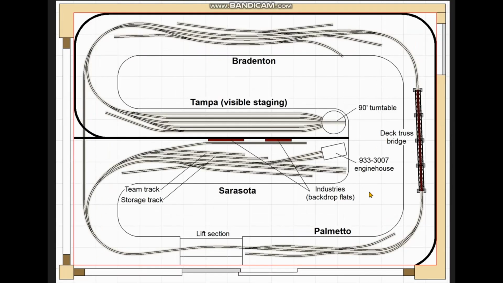Here is the next version of the plan. I've drawn in a lot more industrial spurs and also added some cosmetic curves along both sides of the room. Note that even where I have a long straight, I've angled it away from the fascia so that it's a lot less boring. The only place where I've got track running straight and parallel to the fascia is in the